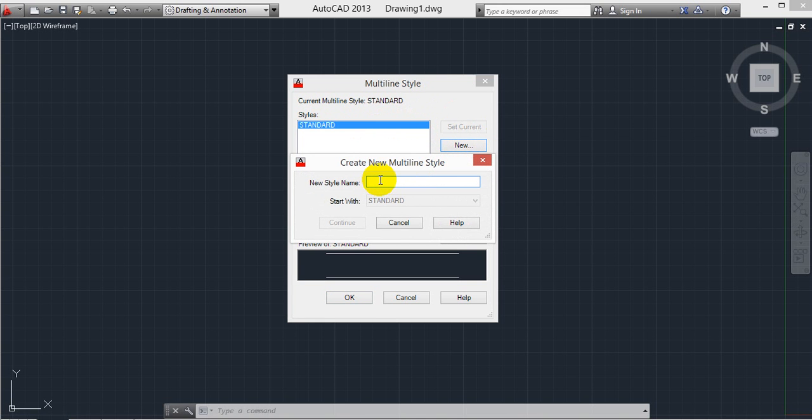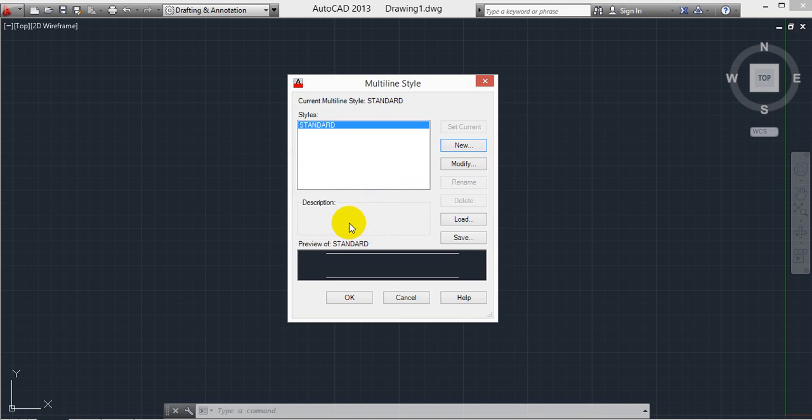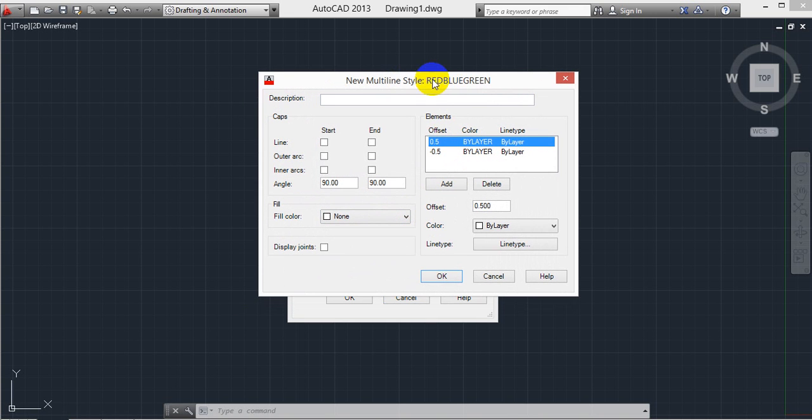So I am taking three colors, red, blue and green. Red, blue, green is taking the name of that multi-line, but I will use these three colors in the visibility. In between the name we should not use the spacebar. If you use the spacebar, the Continue option will not be visible. Remove the spacebar, then only it will be visible. Select Continue.